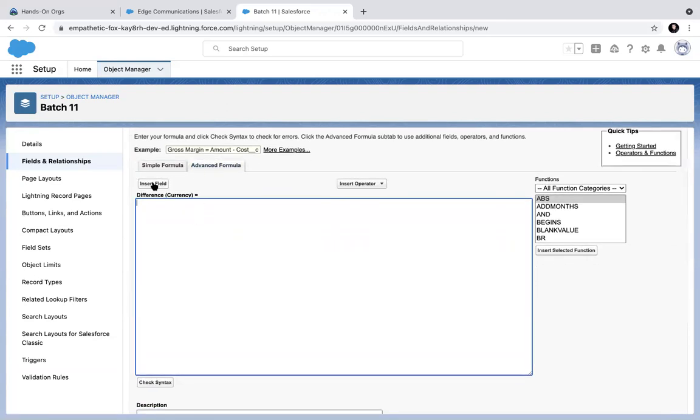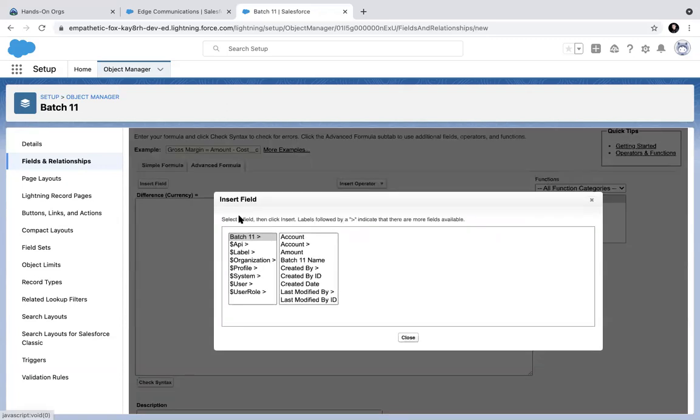So let's go to Insert Field. In batch 11, I have a lookup field, the Account field. If I insert Account, it will be the 18 character or 15 character value. But if I go to the account, this arrow button shows the relationship.